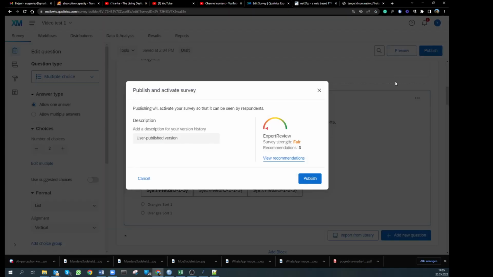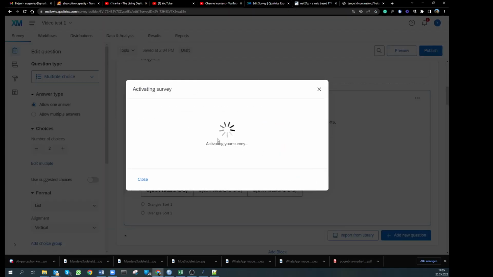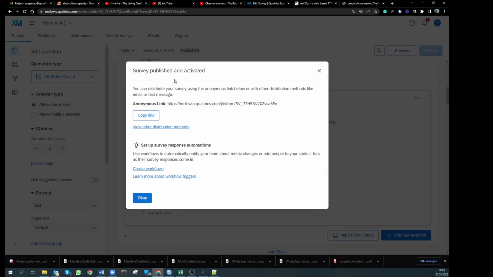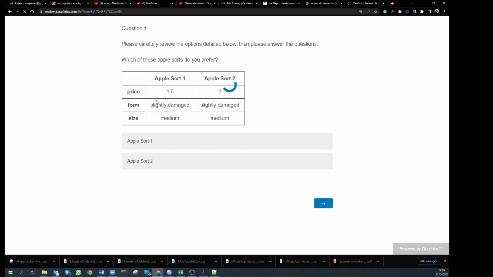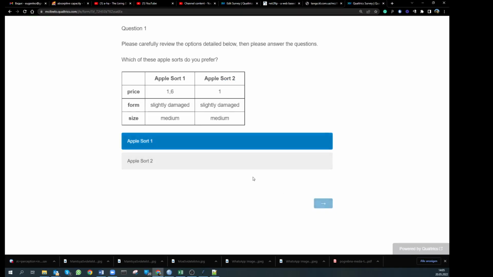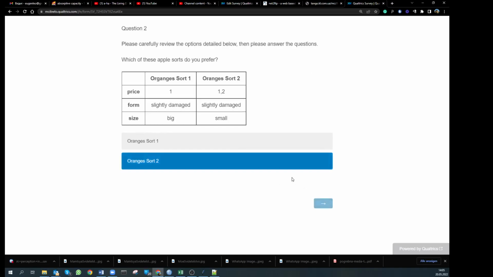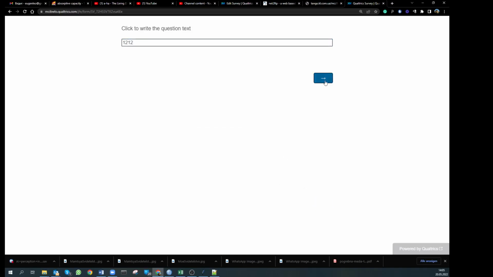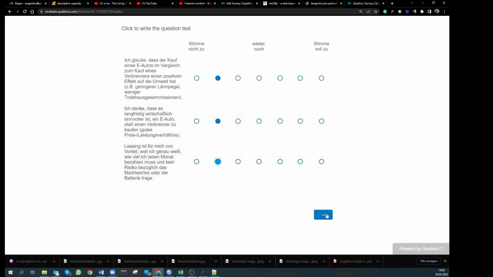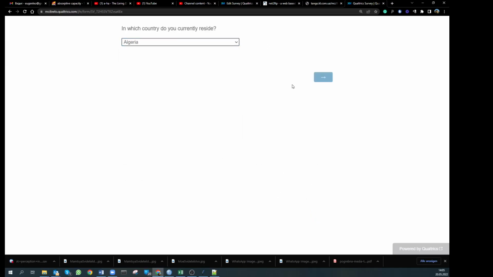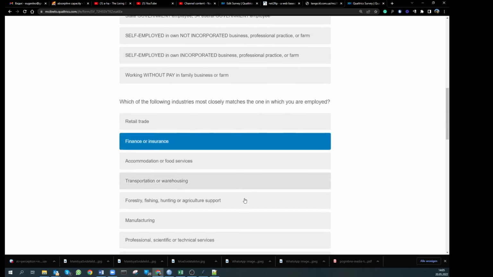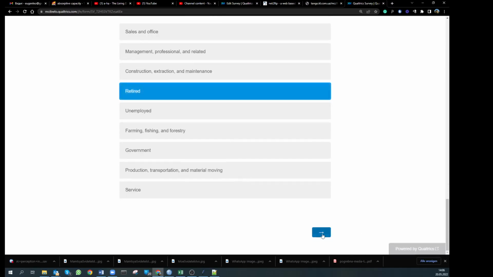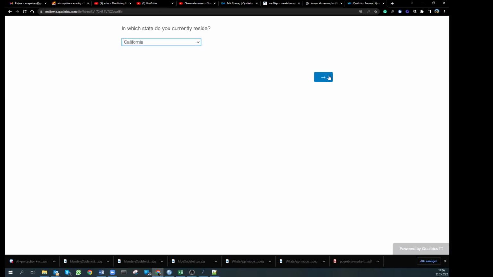We click on publish. Okay, now we get the correct link, copy link, and we test it really on the computer. And let's see what happens here. We just click anything, apple sort 1, okay, oranges sort 2, okay, and just write something, because it is the old file I'm just playing with, the country, and clicking just something, it doesn't matter what. It is a dummy survey where I play with my students